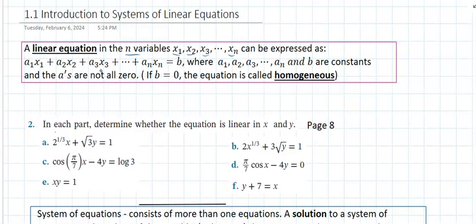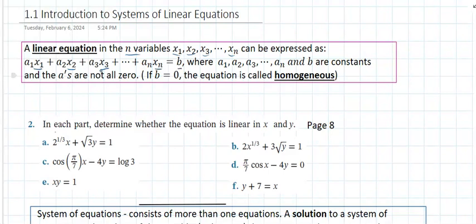Well, in linear algebra, since we use a lot of these variables, it becomes a hassle to call them x, y, z, or a, b, c, d, e. We just call them x sub 1, x sub 2, representing, for example, the x and y plane will be x sub 1, x sub 2. So this can be expressed as a linear equation a sub 1 x sub 1, a sub 2 x sub 2, a sub 3 x sub 3, a sub n x sub n